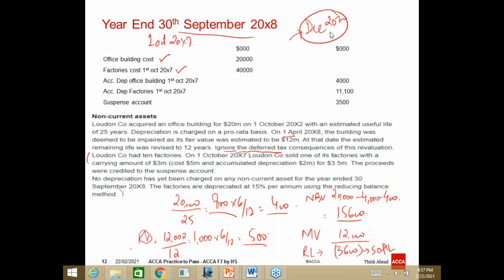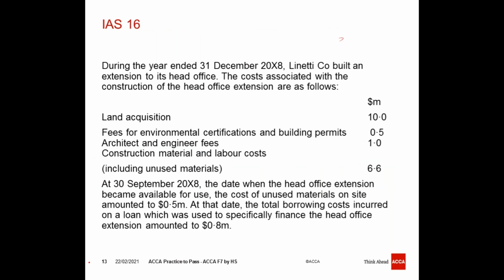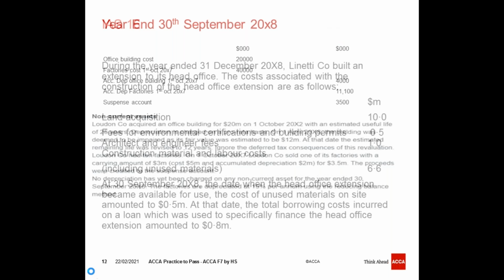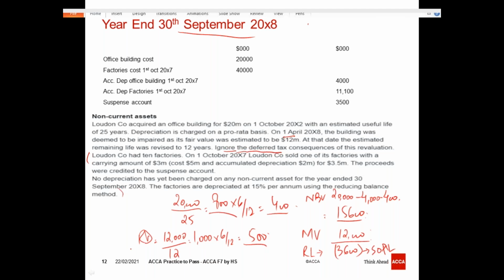Now let's move on towards the factory area. What does it say about the factory? Loudon Company had 10 factories. On 1st October 2007, at the start of the year, Loudon sold one of its factories with a carrying amount of 3 million, cost 5 million, accumulated depreciation 2 million, for 3.5 million. So the accounting entry